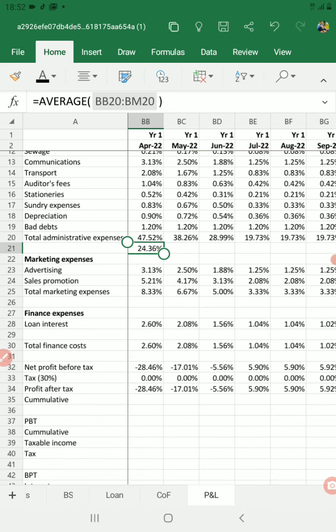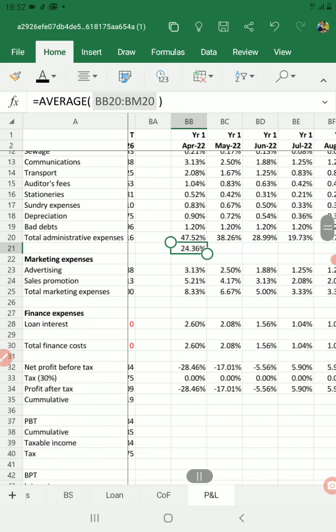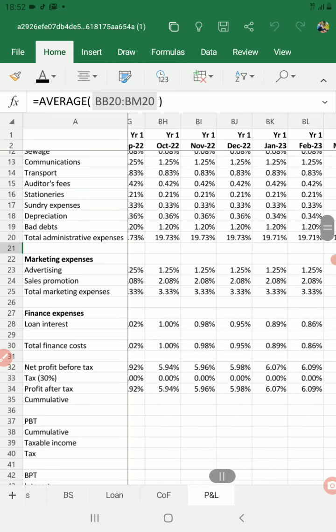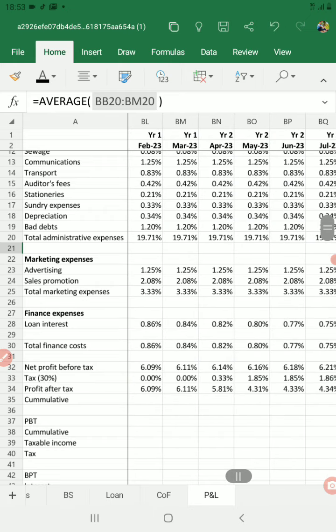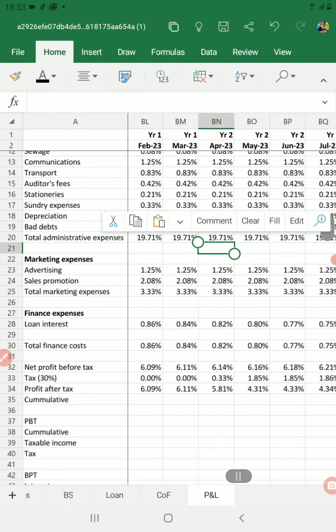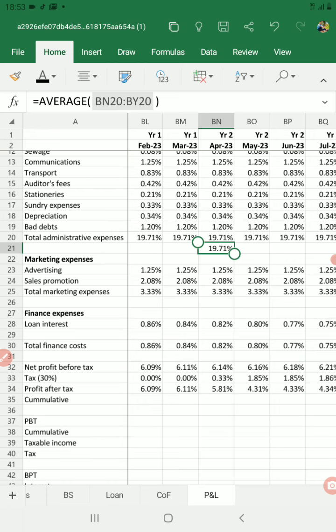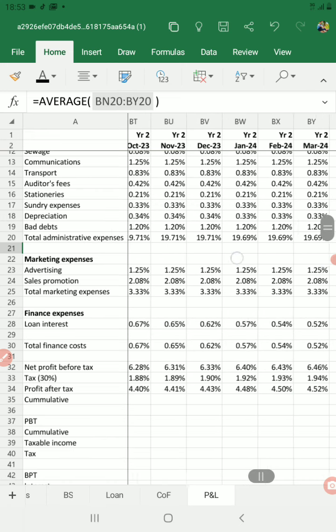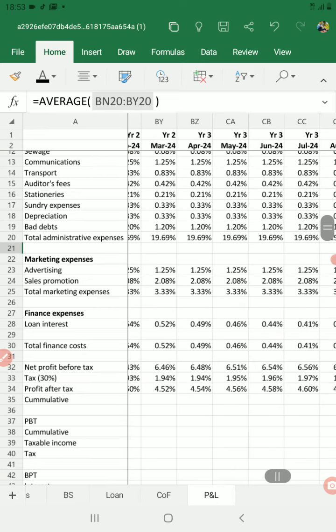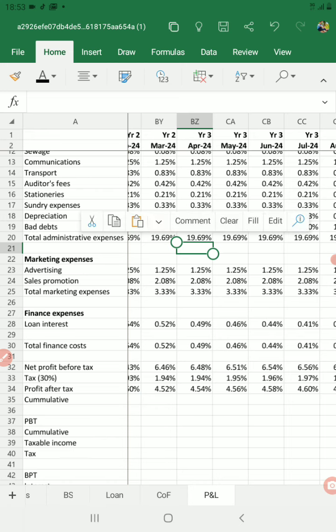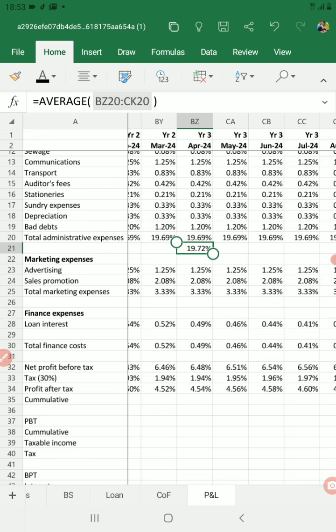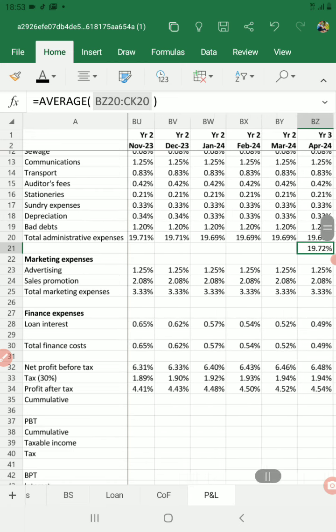Check. So I have the average for year one, and I can copy this and go to April and do the same for year two here. Paste this for year 2. Year 3, go there and do the same. April, to take the average for year 3, paste. Okay, so we see